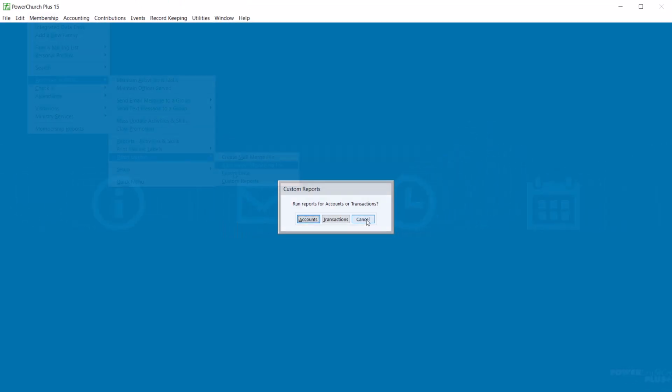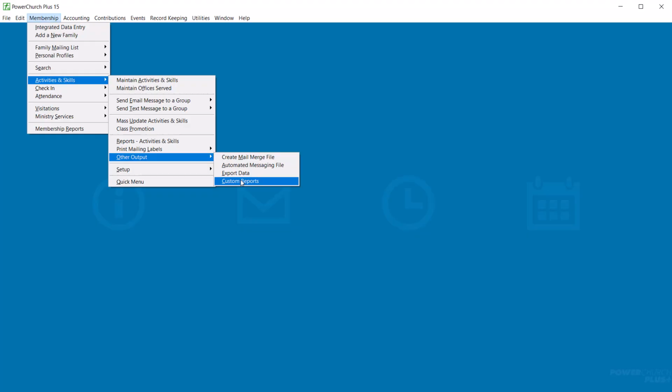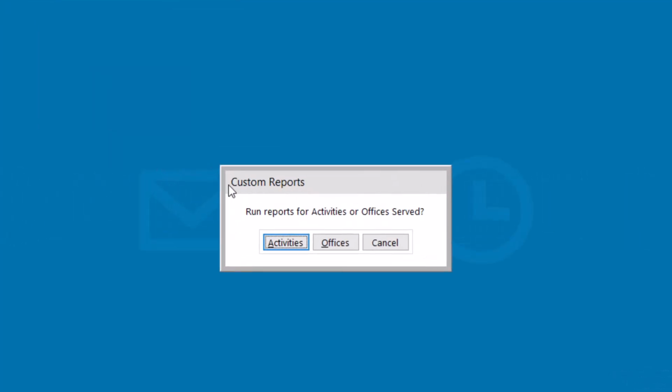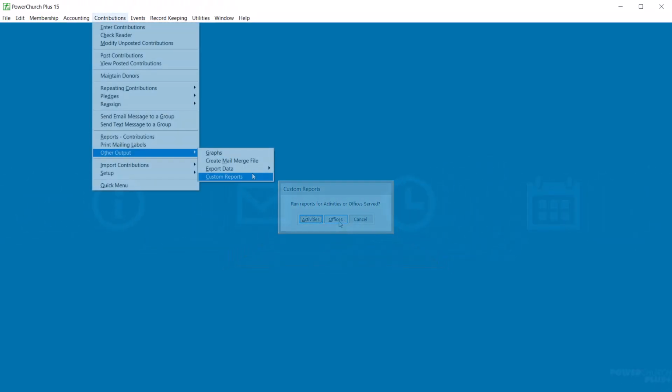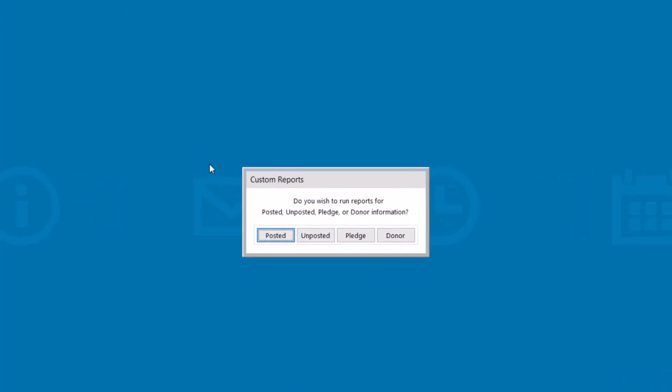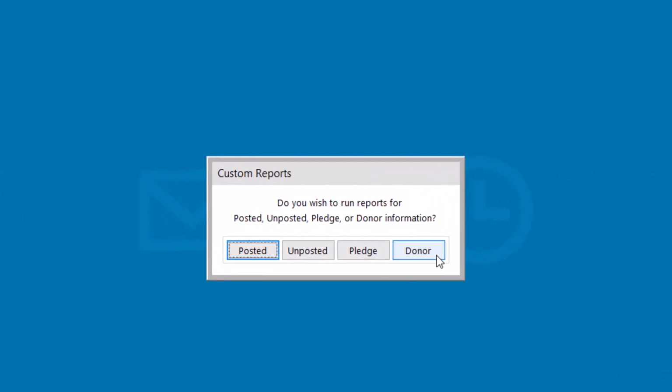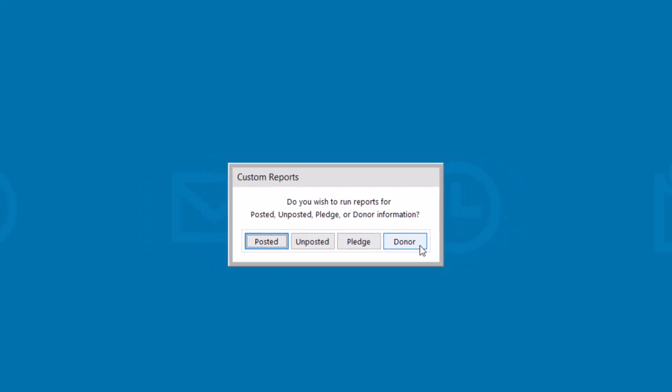details themselves. In activities and skills, we've added the ability to report on offices served, something that was never available before. In contributions, you can now start with donors first when building reports. That makes it possible to create a list of those who haven't given, which was a frequent suggestion from our